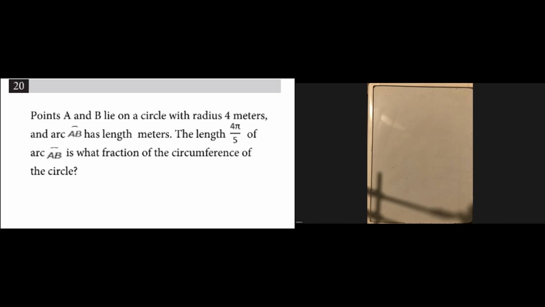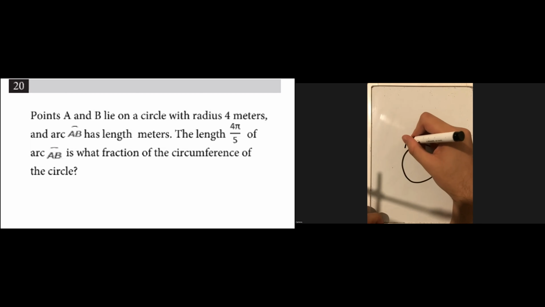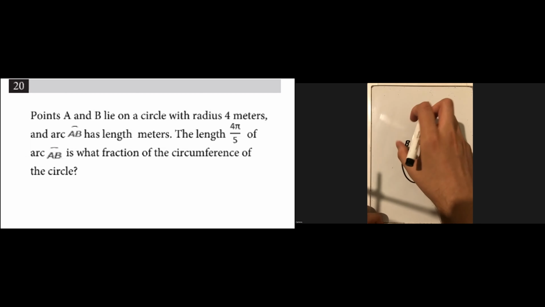Okay, so for this one, we have a circle with a radius of 4 meters. If they made the radius 1 meter, this would be really easy because then it would just be the unit circle, but it's not, it's 4 meters. And it says points A here and point B, which is somewhere else on this circle. Let's just say it's like here. This is definitely not to scale, but